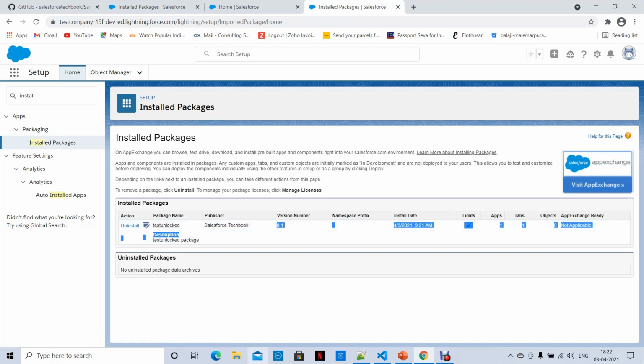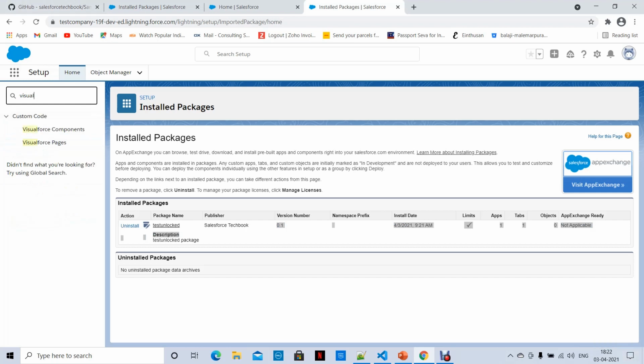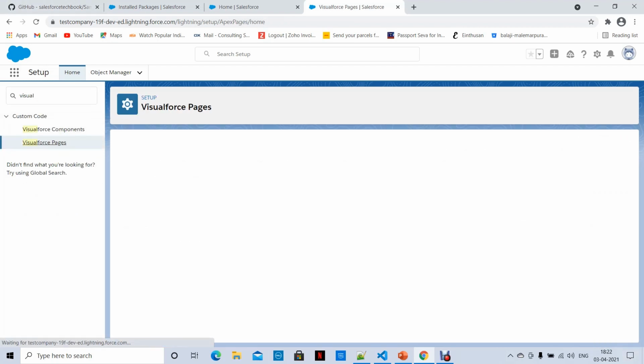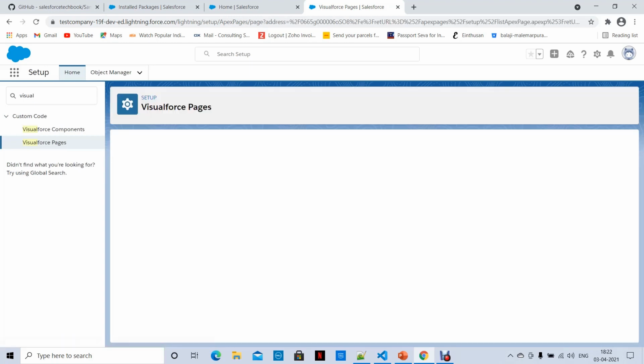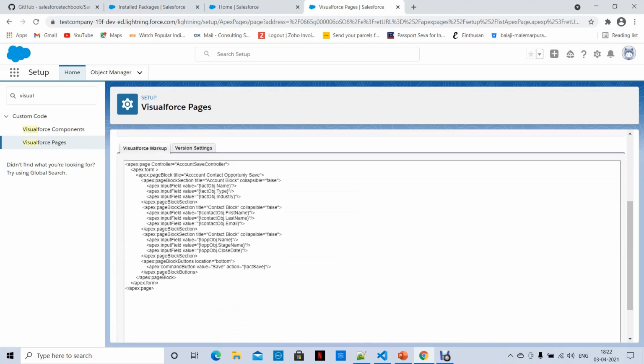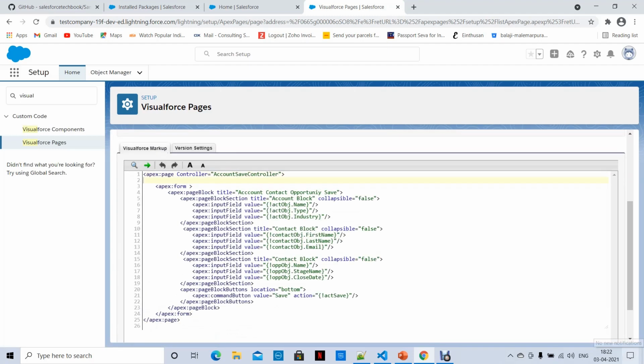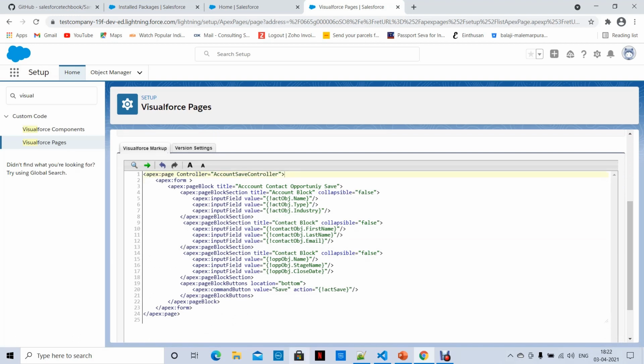Once you have an unlocked package in your org, as it is an unlocked package, you can change the metadata also in your org because it is isolated. So let's go to the Visualforce page which we installed. Through this package, you can change, edit, whatever you want. If you want, you can add something.